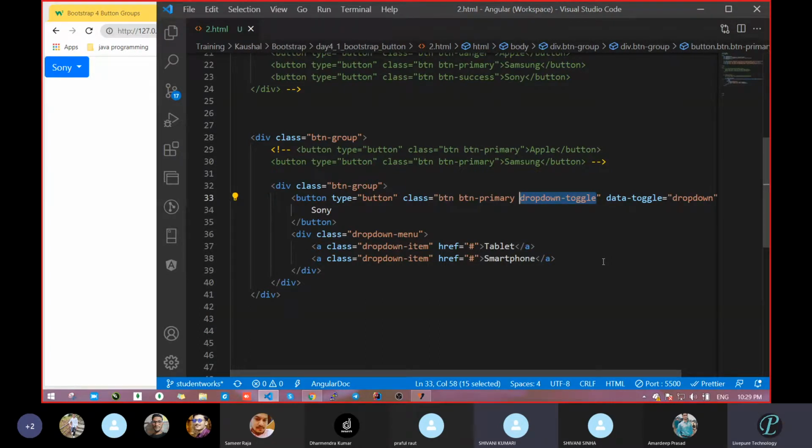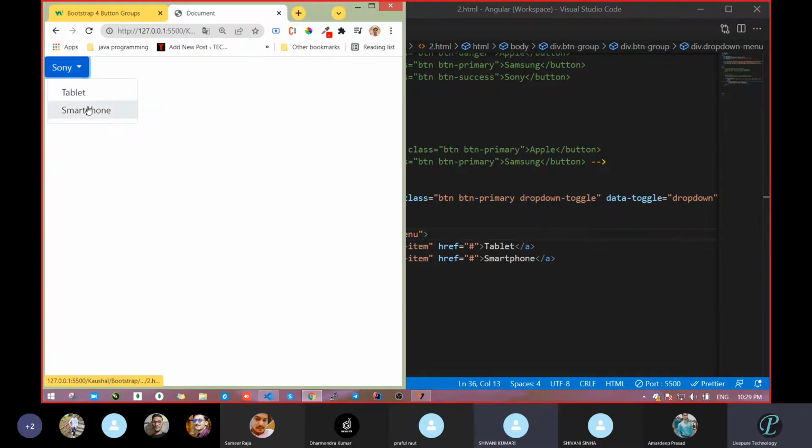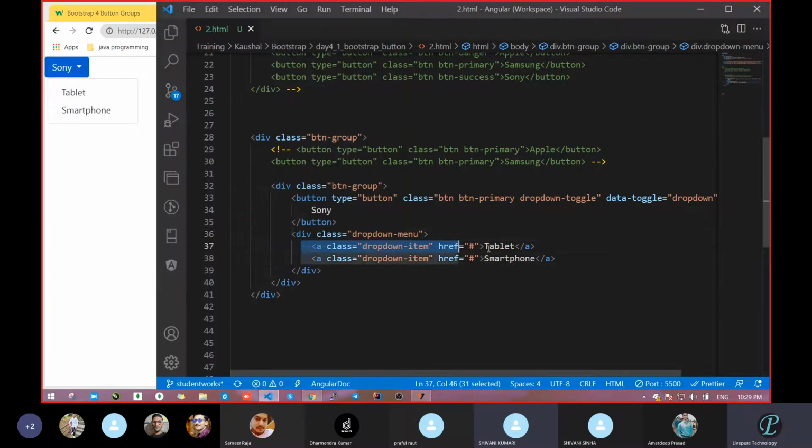Clear? Next, whatever you want inside the dropdown, all this we had passed with the help of anchor tag. And that is considered as class like dropdown-item. And who is going to wrap all these? This is known as class dropdown-menu. Clear up to this? Anyone having doubt still in this section? One thing is pending that I'm going to tell, but up to this clear or not?